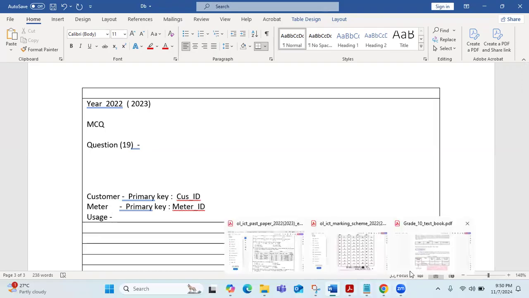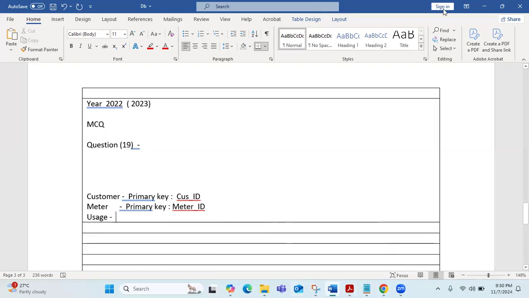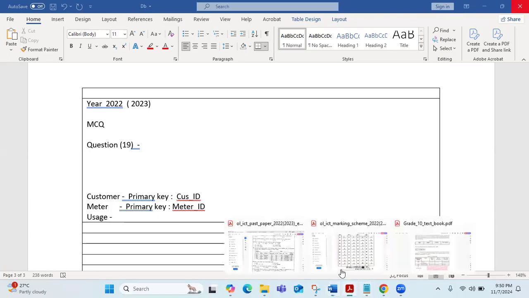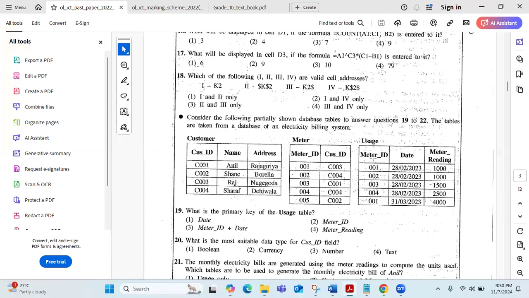Now we have to carefully see here. Last time we discussed about composite key. Can meter ID be a primary key? No, because